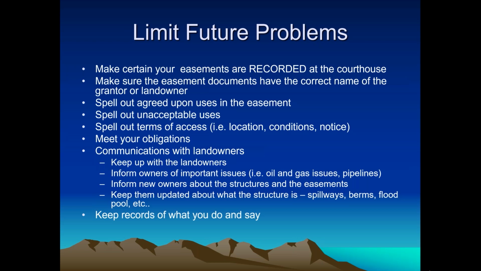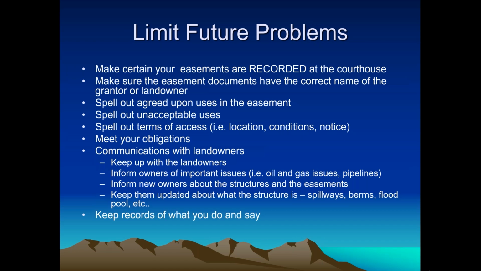You would be surprised how many new owners get in there and they don't realize that there's an easement on the property and that there's things that they should or shouldn't do. And so you definitely want to educate them about that, and you want to educate them about what the structure actually is. This is the dam, and this is the berms for the spillway,